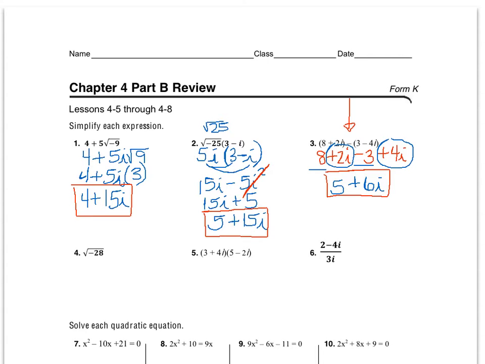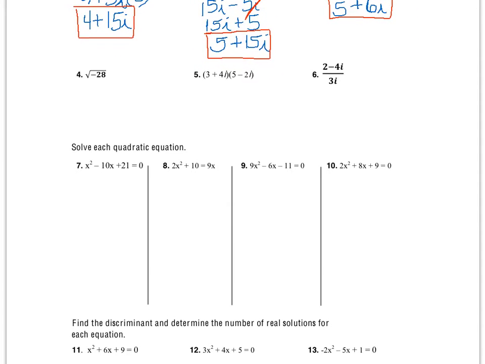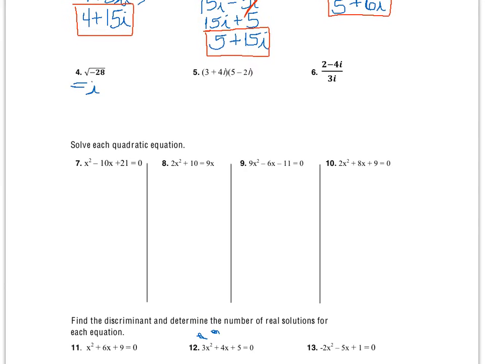All right, moving on to number 4. Number 4 is simply just a radical with a negative number inside. So immediately we're going to take out the imaginary number. So this is going to turn into i square root of 28. Now that 28, it's not a perfect square, so we're going to have to break it down using the border